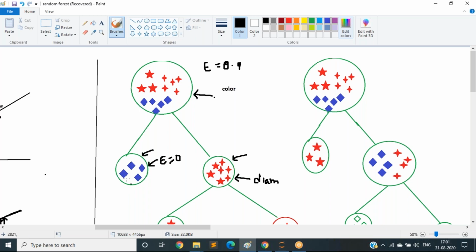There is an accurate splitting, and there are no other features present. This one has more information gain, and this one has less information gain and more entropy, because it has some unpredictability. Based on the information gain, it will split the data.